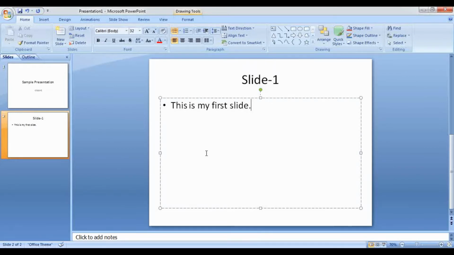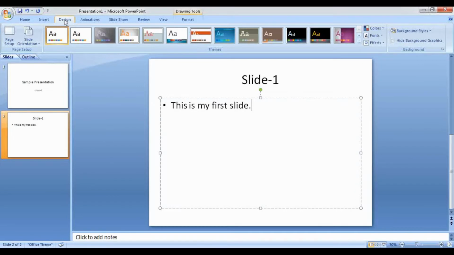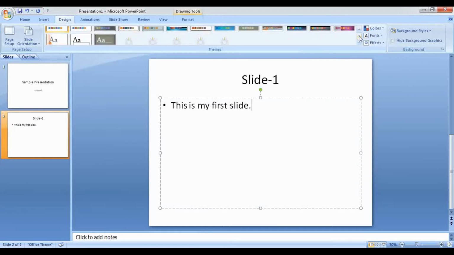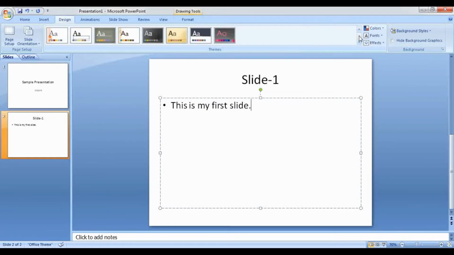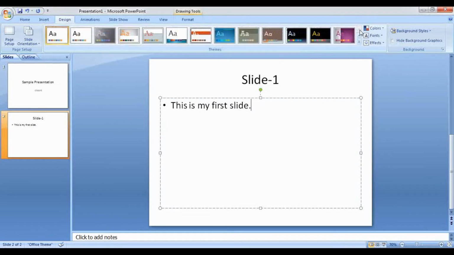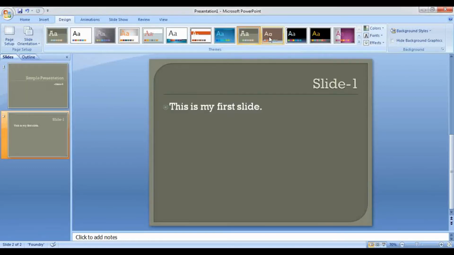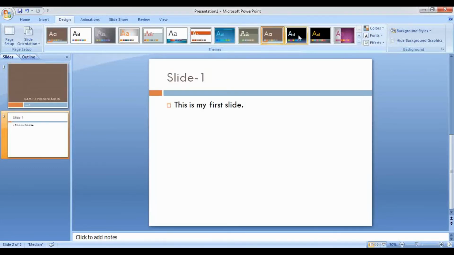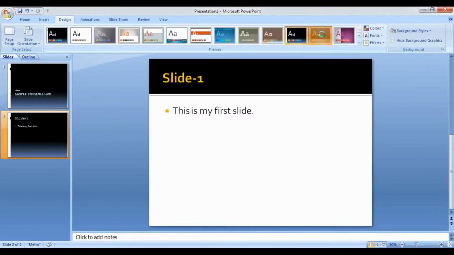So I can change the theme or the design of the slide by simply going here to the menu bar, in the Design menu. In the Design menu, if you see, there are already many different given designs. These are different designs which Microsoft Office has provided me by default. So I can choose any design and automatically that design will be applied on my slide, if you see here.